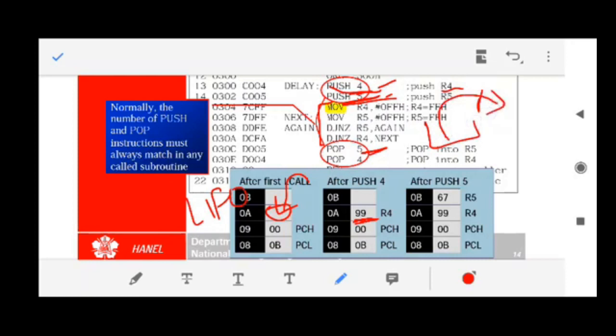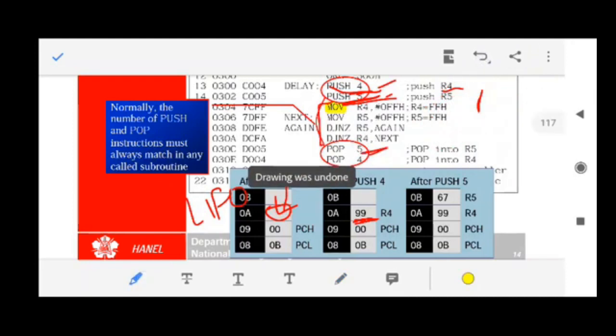Pop means that you get the value out from the stack and store it where? Store it in R5. Fine. It's very easy, similar to push. Push means get the value into the stack, and pop means get the value out from the stack. It's very simple. Fine. So let's see what it is doing.